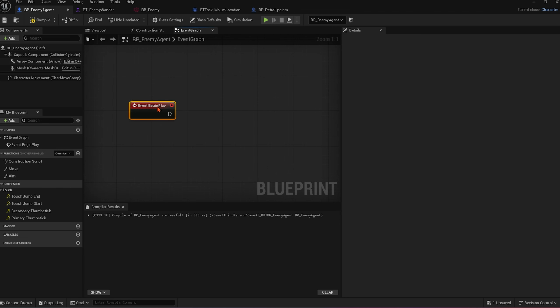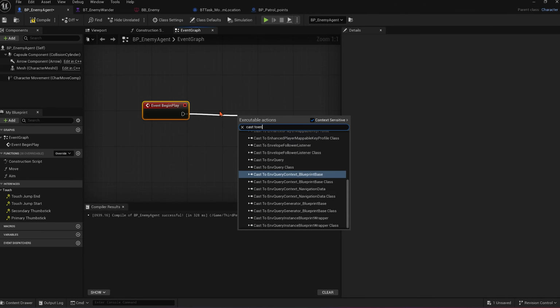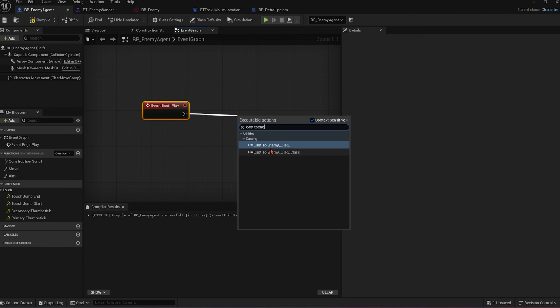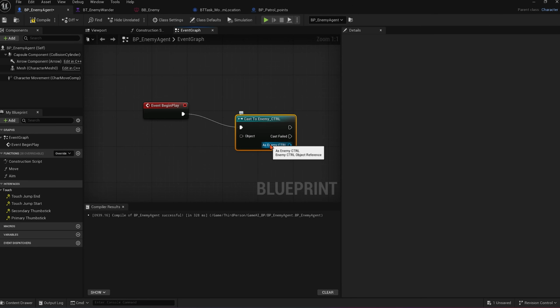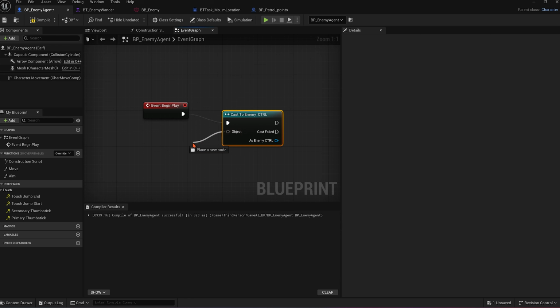When the event begin play happens, I'll try to cast to the enemy controller, because I want to call the Blackboard value which we created right now, the patrolling part. So for that I am going to use the enemy controller cast node. You can see that, and then for this particular object